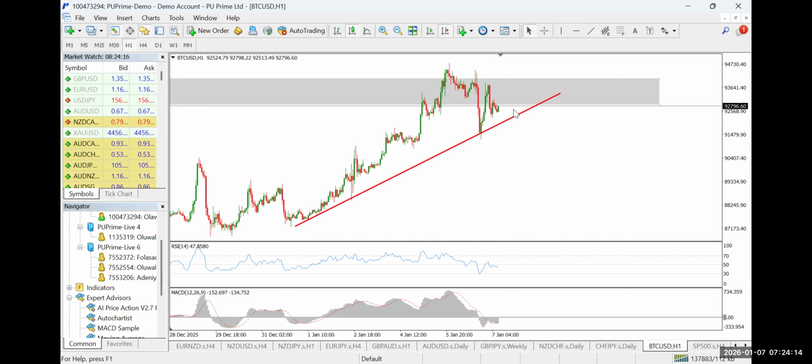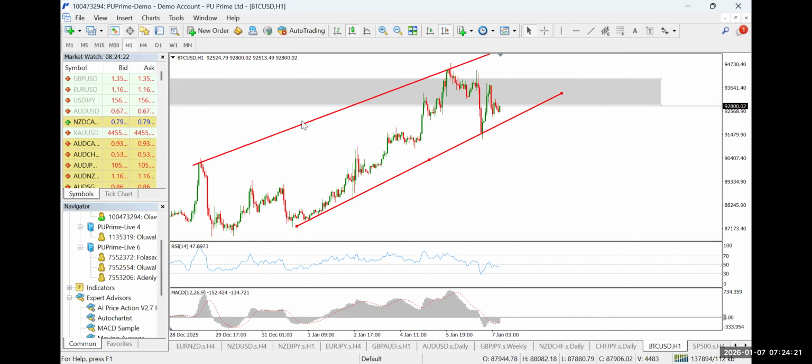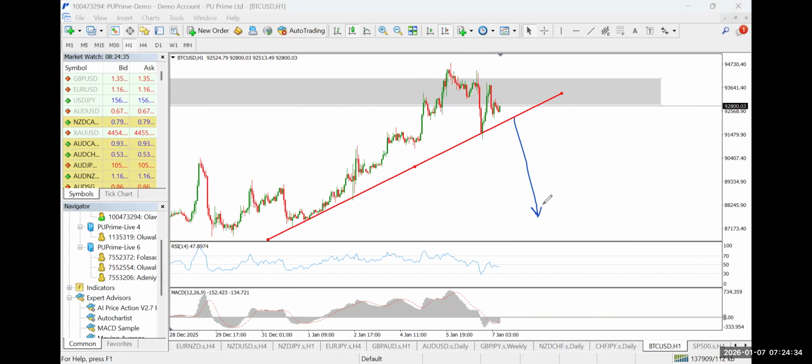So on the 1 hour, I can draw my trend line. It's not mandatory on this one. All right. Now, since price got stuck on that resistance, technically we'll be looking at the possibility for a reversal to the downside. So I'll be waiting for price to break out below this lower trend line of the 1 hour to trigger a sell on BTC USD. So I'm bearish on the BTC USD.